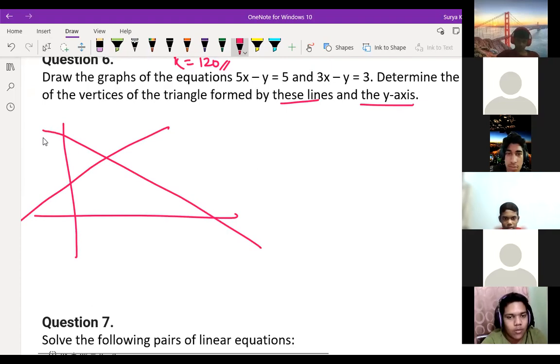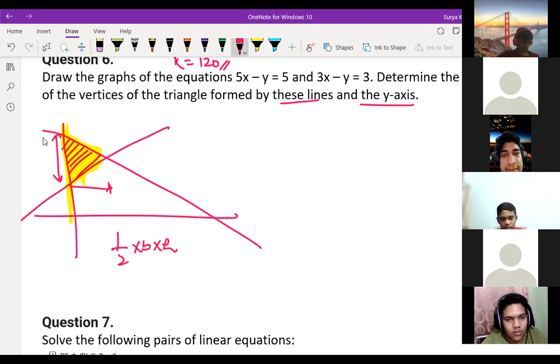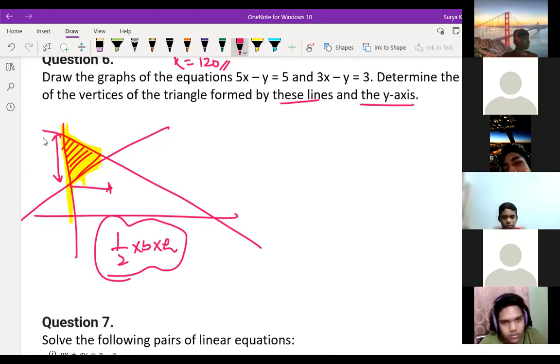They are saying the triangle formed by these lines, so this is a triangle. It is coming like this. In my example, I don't know how the triangle will form, but you should see the y-axis. This one, the y-axis, and these two lines, this triangle forms. This area you should find. This area you can find easily, right? This distance you know. This height also you know, from this to this. Base into half, base into height, you do and find the answer. Is it clear what I'm saying, children? First, you draw the triangle with the help of these two equations. Then from the y-axis, see which triangle you are considering. After that, just apply half base into height. That's over. Is it clear, children?